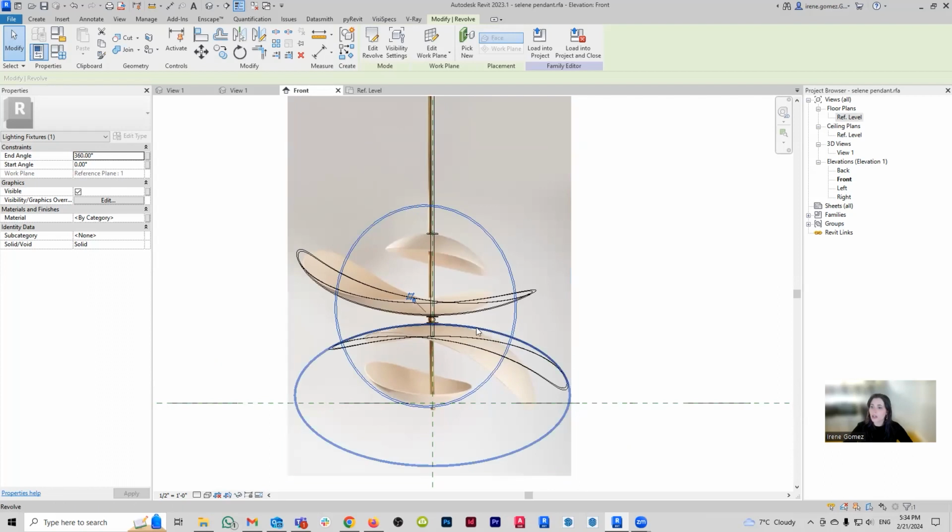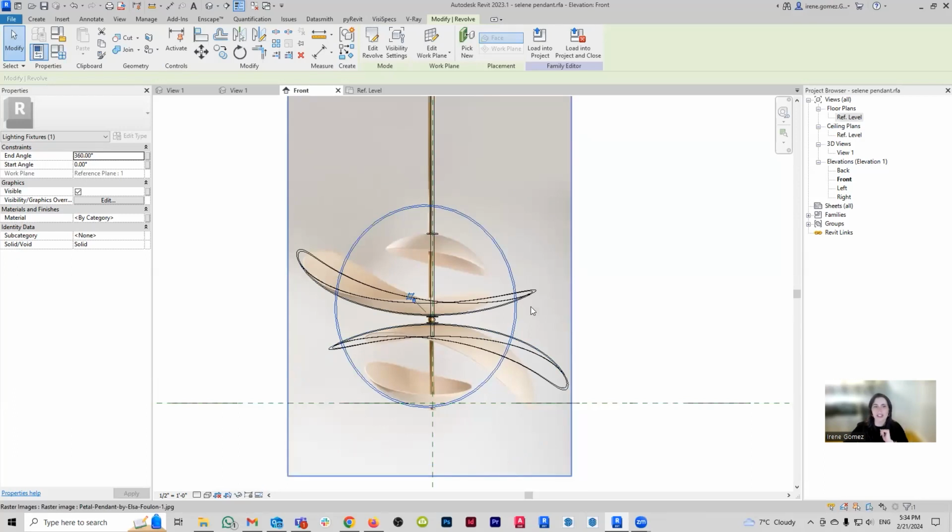So again, what I'm going to do here is I'm going to stop talking. I'm going to speed up through the process of creating these ellipses that are going to be a void so we can see how it cuts, because it's going to require a lot of back and forth trial and error. So I will speed up and see you in a bit.